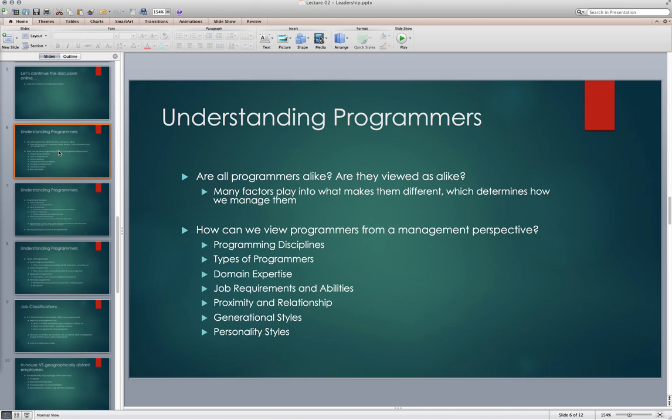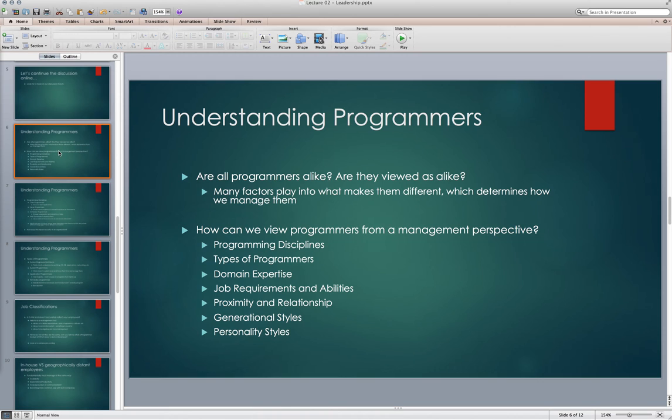I'm using the Managing the Unmanageable book, which is not required, but I'm using it more or less as a resource to help focus and organize my thoughts. If you did purchase the book, I'm chugging along through chapter 1, chapter 2, and then I'll pick and choose as we go. It's not a very heavy read, but it provides a lot of insightful information from people that have been in the industry a lot longer than I have and led much bigger teams at much bigger organizations than I've ever worked for.